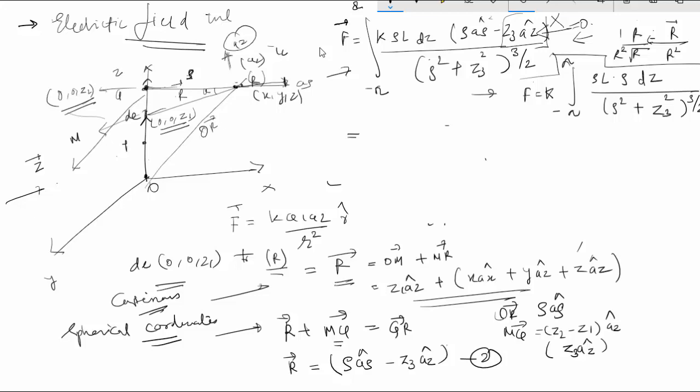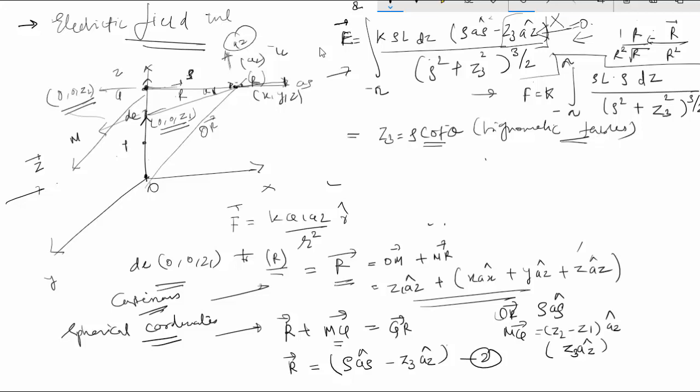Now to solve this full thing, you will have to do a substitution. The substitution which you will have to take is z3 is equal to rho cot theta. So this is my theta and this is my rho. When you are doing the substitution and solving it based on the trigonometry tables, what you should get is